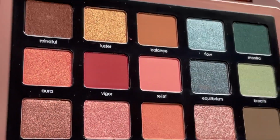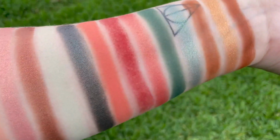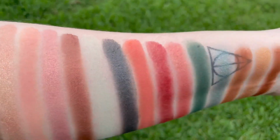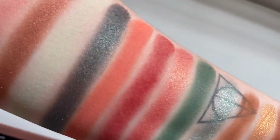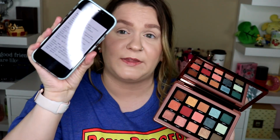As you can see in the close-ups, the shade Vigor is definitely the one that is the most dry. It is actually the only dry matte that I noticed while I was doing swatches earlier today. I just feel like the rest of the mattes are just so gorgeous. Okay, so let's just quickly go over the formulas and also how they are described. I have my little cheat sheet here. I took a picture of the website so I could go more in detail with all